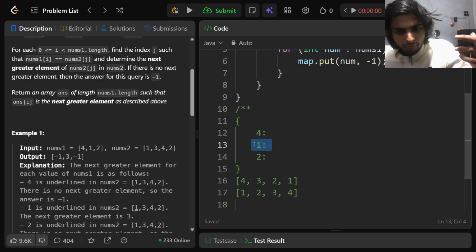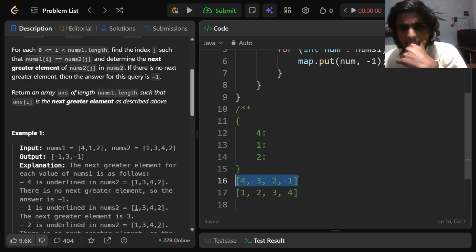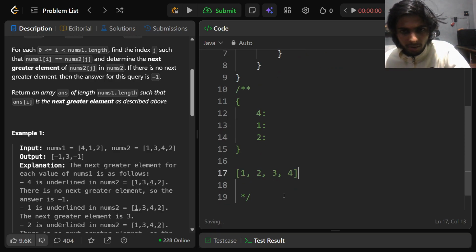But if the list is sorted like this, then